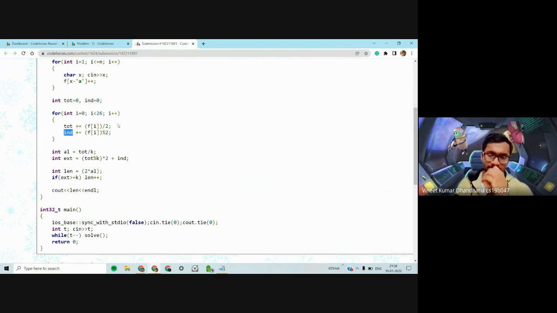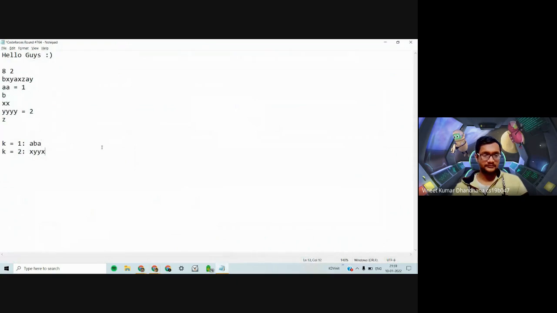So total would give us the number of total pairs, and the other variable would give us the number of individual characters that are left. After that, we assign the pairs to each of the k colors, and we put them on the leftmost and the rightmost side so as to ensure that the palindrome is always maintained. That done, suppose in the end we have 12 pairs and our k was 5.